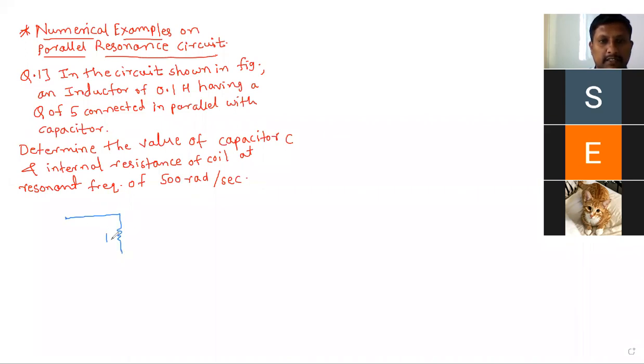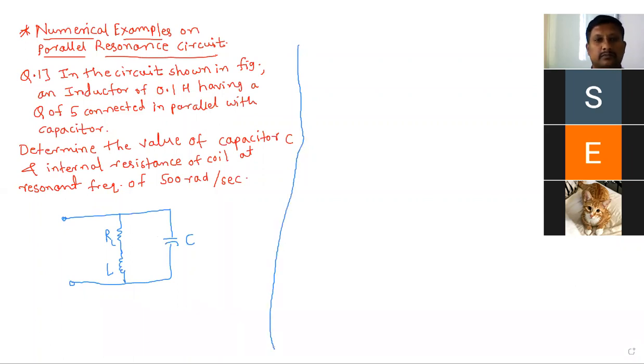This is resistor R, the internal resistance, which we can consider as RL. And here is inductor L, which is in series, and that combination is in parallel with the capacitor. Here the source is connected. You can assume it. So this is the question and circuit diagram. Carefully read and tell what the given things are and what we have to find out. Which type of circuit, series or parallel? Parallel. Yes.